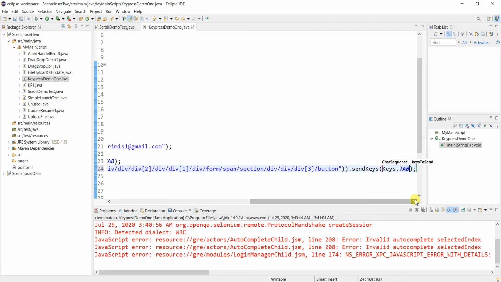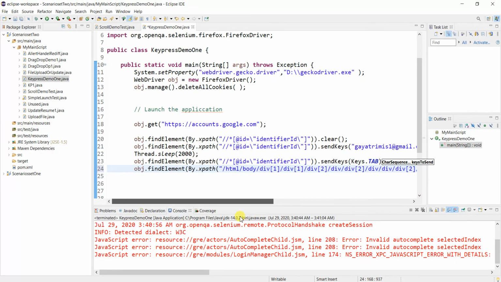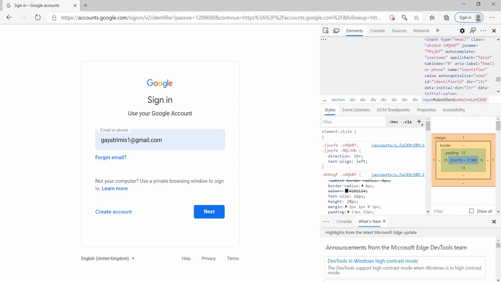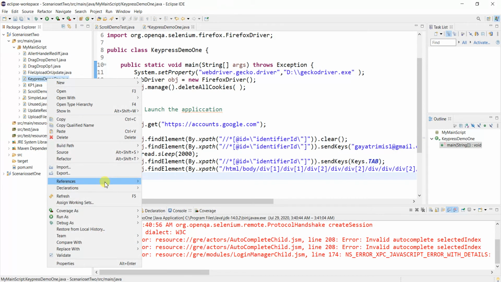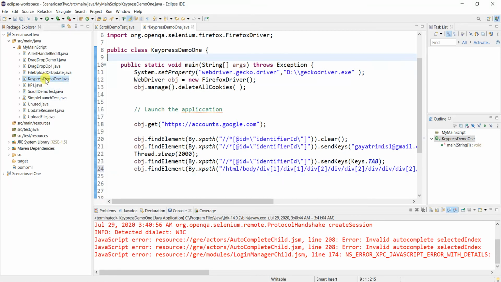Yes, our job is done. Fine. So this is for coming to forgot email, and then we are pressing the tab key. That means it will come to learn more. So let's execute. Yeah, this is the code.